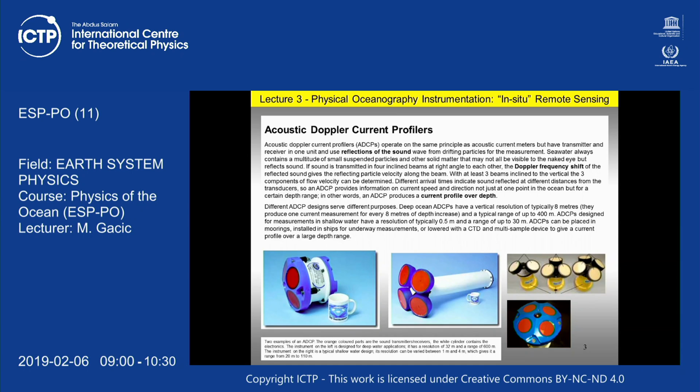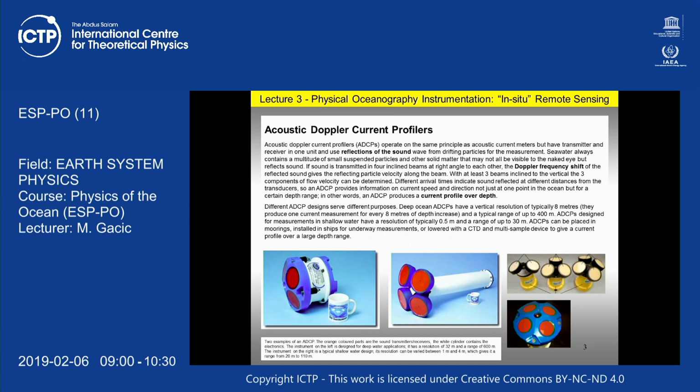The ocean has particles which are diluted in the water, and thanks to those particles, which play the role of the reflecting body, the movement or reflection of the sound of these particles gives us the information on the